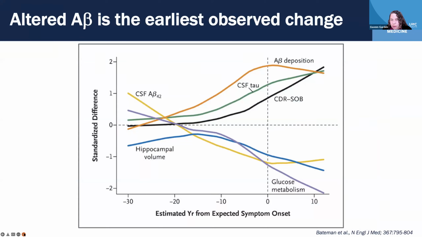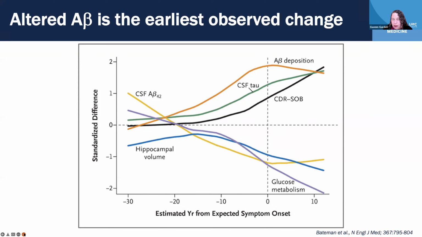Now, one additional piece of evidence that has developed over maybe the last 15 or so years is this accumulation of information about biomarkers of Alzheimer's disease. And this particular graph is based on data from patients who have autosomal dominant Alzheimer's disease, but you could create the same graph from looking at large populations of individuals who've been enrolled in long prospective trials of assessing them over many, many years with biomarkers, both CSF biomarkers and imaging biomarkers.